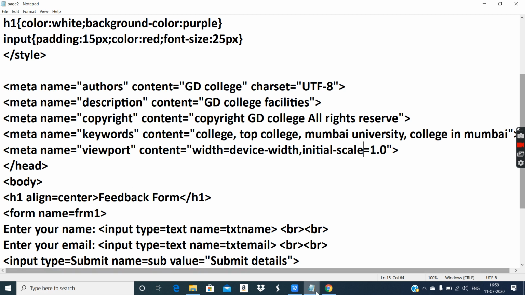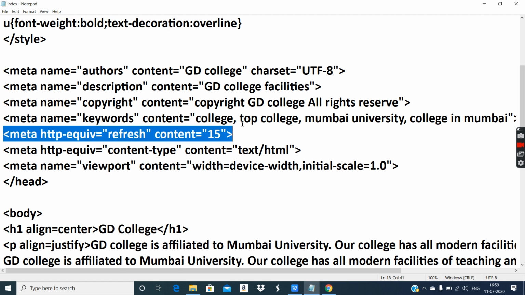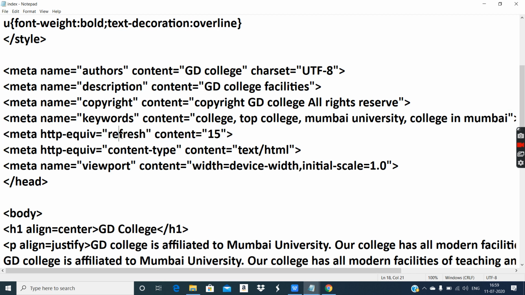And this is page 1, that is index. Here I have provided it because here we have our textual data, paragraphs, formatting tags, images. So I have just demonstrated that you can use it, but you have to use it carefully. If the user is typing anything, the entire page will get refreshed quickly, so it will irritate the user. So use this logically, wherever needed. Logically only you have to use it.